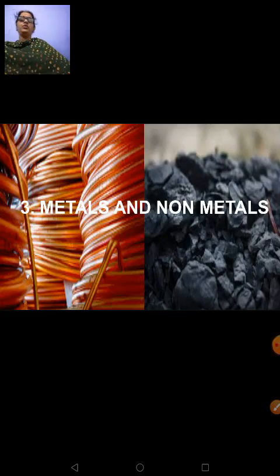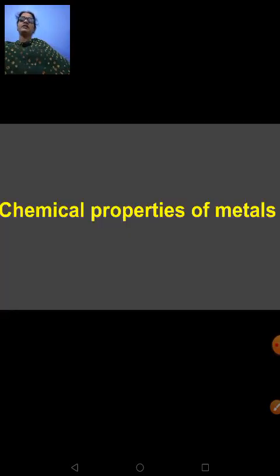Everyone, welcome once again to this online chemistry class for class 10. So we are doing this chapter, that is chapter number 3, metals and non-metals. In this we have started learning the chemical properties of metals, and we have completed studying the reaction of metals with oxygen and reaction of metals with water. And in today's session we'll start learning the reaction of metals with acids. Okay, let's now get into today's session.